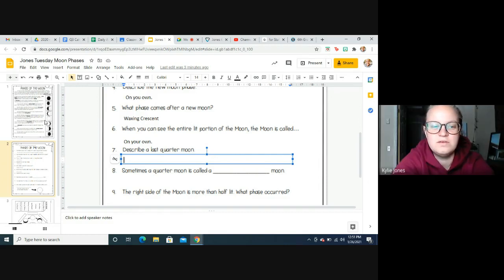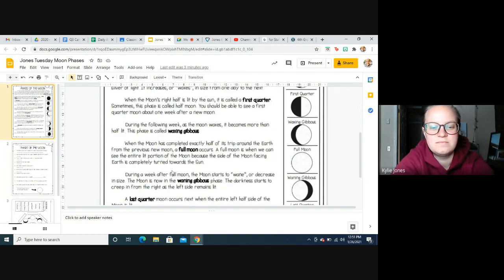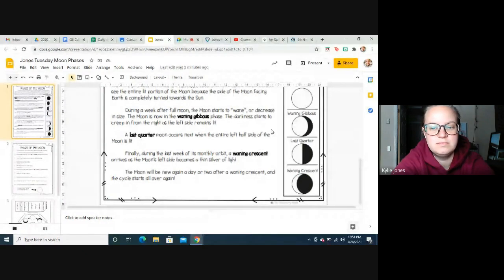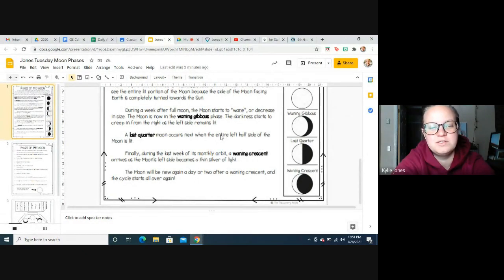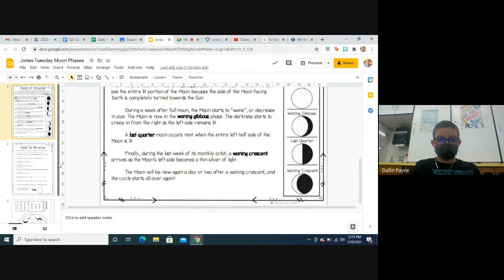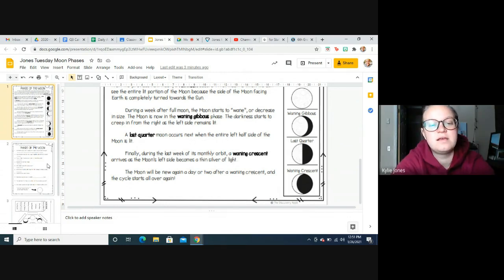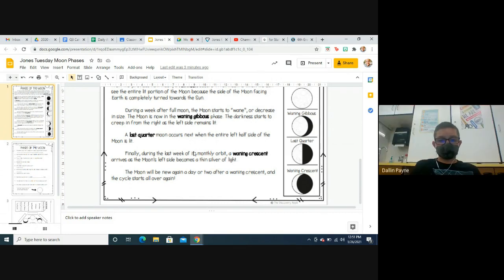Kind of. So if we're looking at the last quarter moon, how much of it is shaded? Is it half, a crescent? It's at half. And is it the left side, the left half, or the right half? Oh, where you can only see half of the moon.